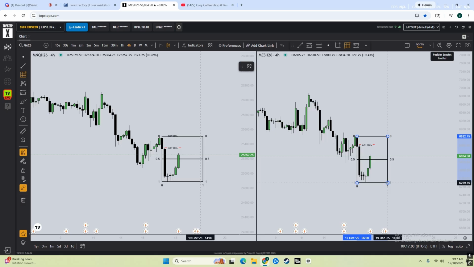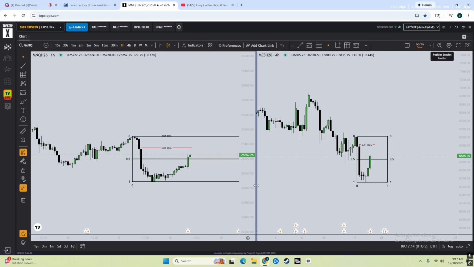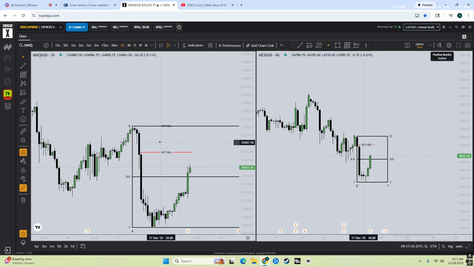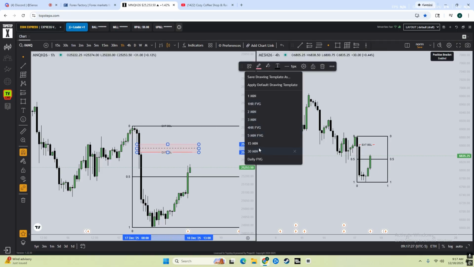So if you guys look in the top left corner of each chart, it'll say 4 hour with a green dot, and that's the time frame. So we're gonna jump down to a 1 hour just to see what the market looks like on the 1 hour. Okay, we got a nice 1 hour gap right here, wide open, and you'll continue to learn as we go, and we just